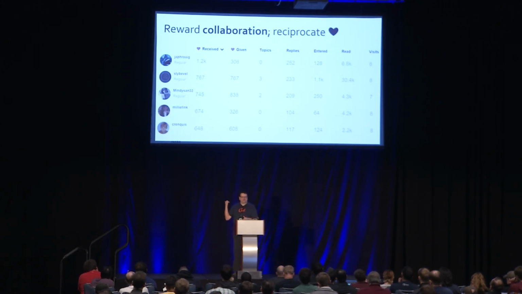So what you're seeing here is the ambient sort is now based on likes received, but also likes given. Because you're not supposed to be drawing all the emotion out of the room, you're supposed to be giving some of it back, right? We're not saying this, but the sort says it for us: oh, look, these people have given as much as they have received, right? And that's kind of the goal of the community. When you go to the user directory, that's the primary sort order, how much you've given and also how much you've received.